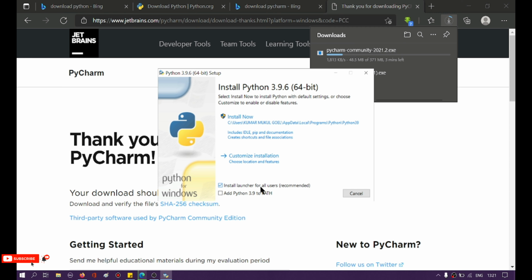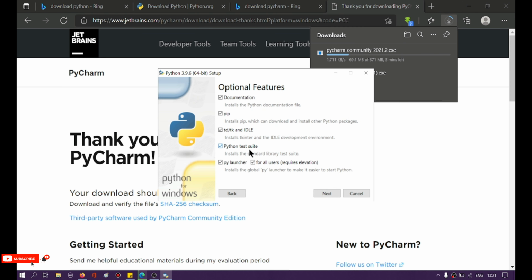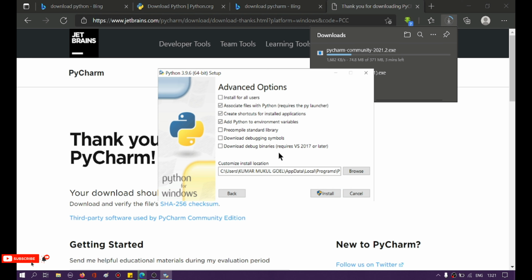Make sure you listen and see very carefully as the steps are very important now. You have to check add Python 3.9.6 to PATH and hit customize installation. Make sure you check all the buttons like here and click on next.